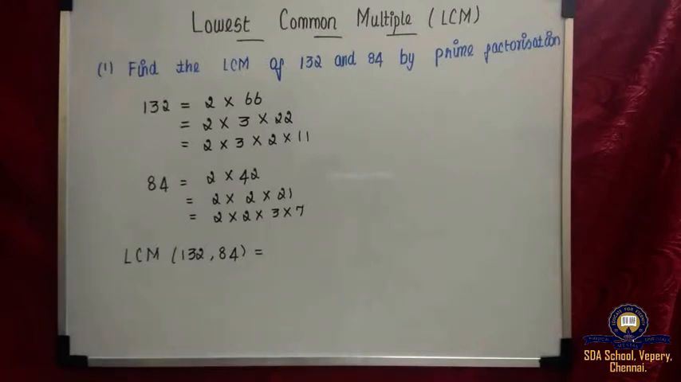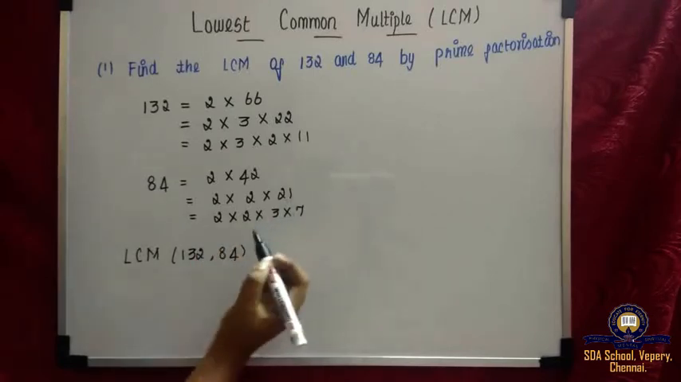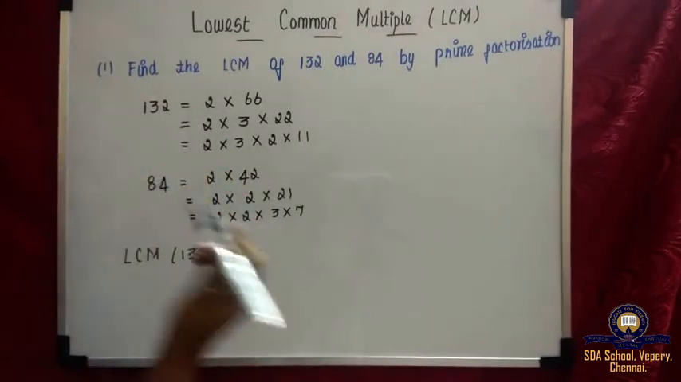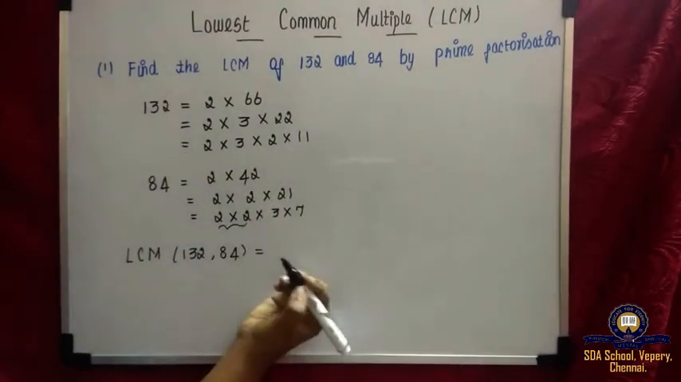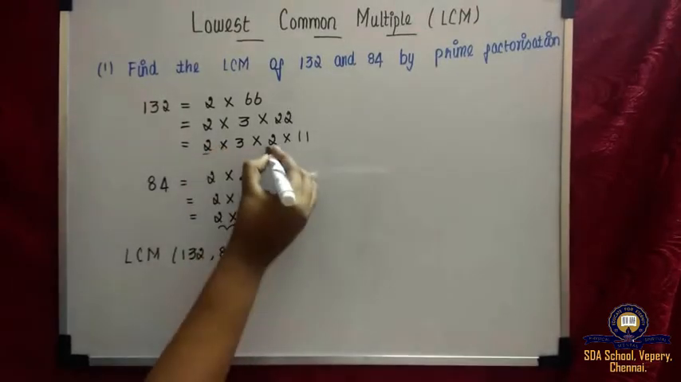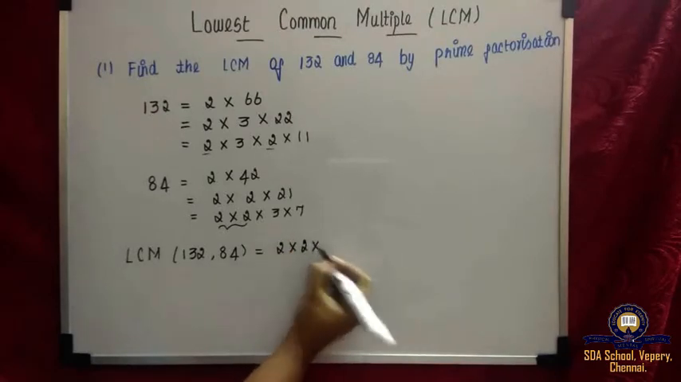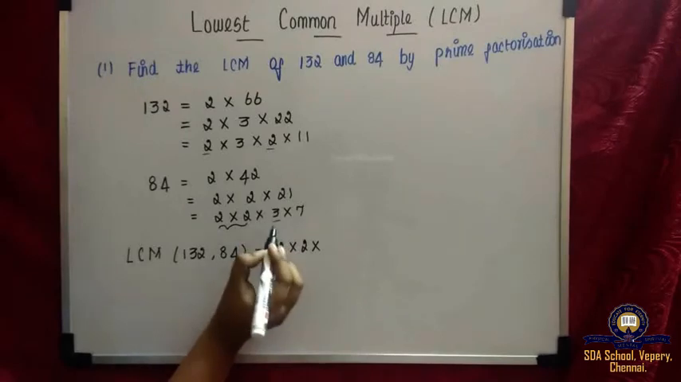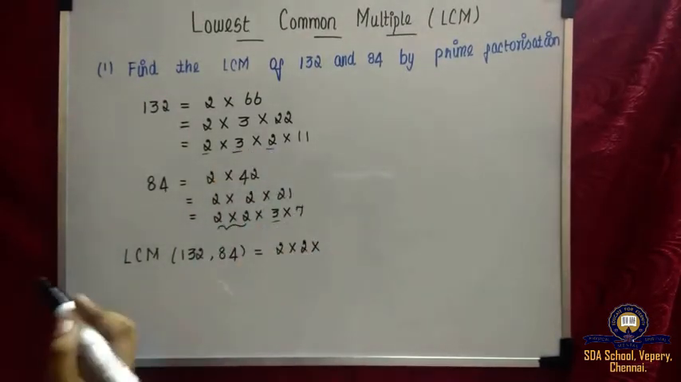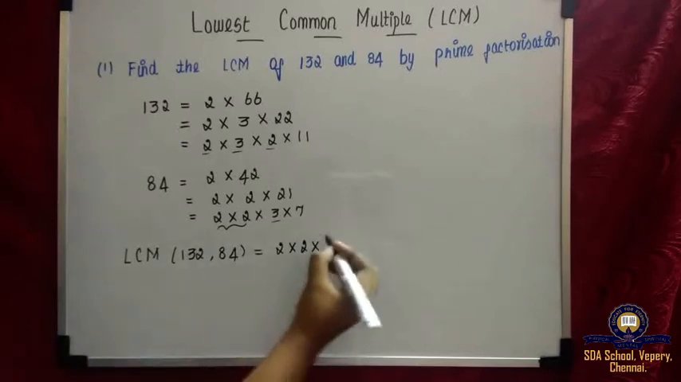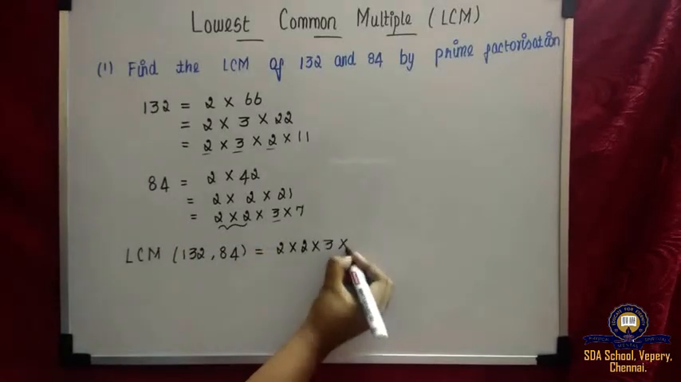To find the HCF, we need to find the common factors, right? But to find the LCM, we have to compare and take the prime numbers that have repeated the highest number of times. So when you compare 132 and 84, 2 has occurred twice, and here too, 2 has occurred twice, right? So we have to write 2 times 2. Then 3 has occurred only once in both cases. So the highest number of times 3 has occurred is only 1. So it is only one 3, into 7